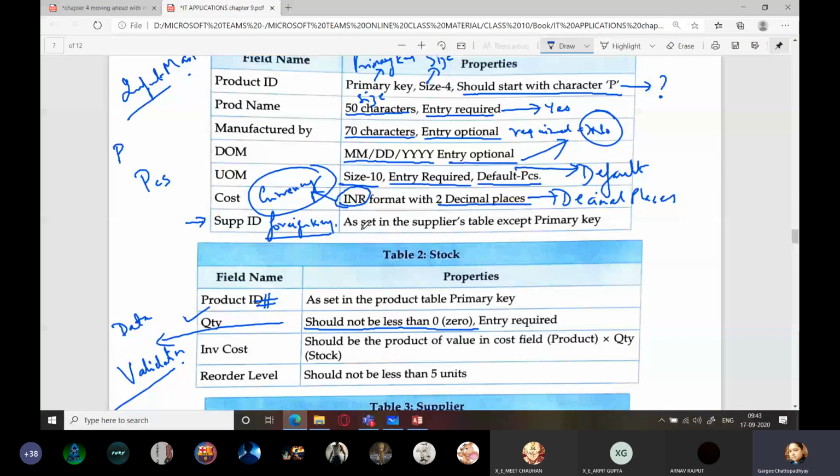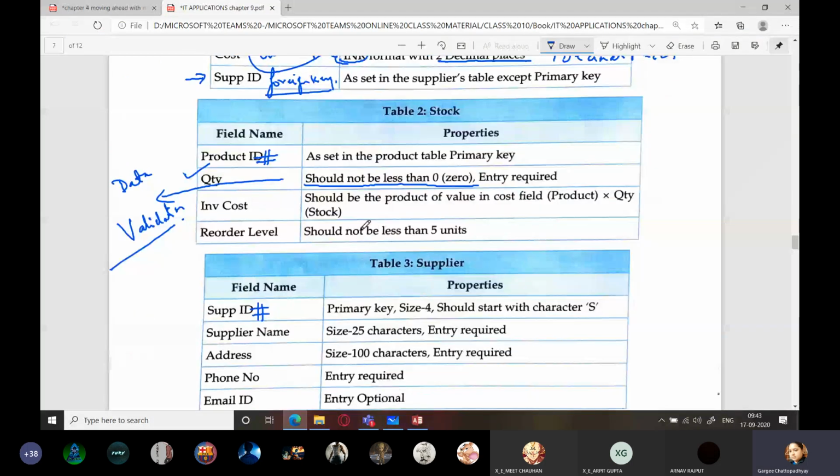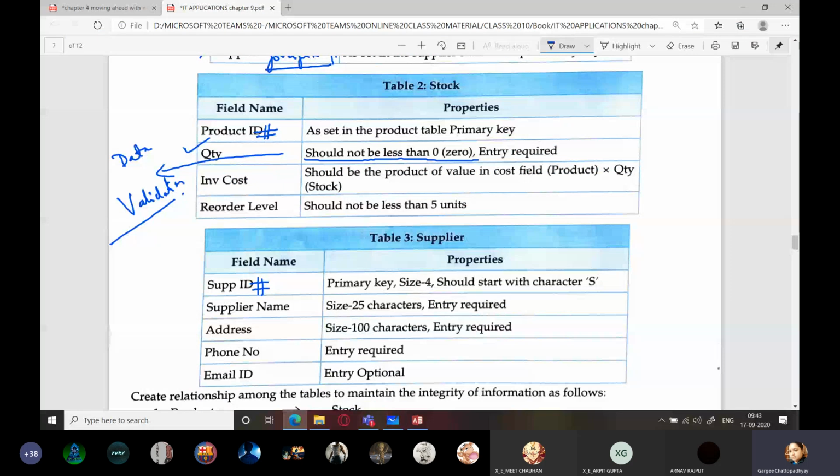One thing, students, I'll find out and tell you whether we can include a calculated field by taking values from more than one table or not. Give me some time. After the class, I will check that and notify in the group. So we will try to achieve this using a calculated field. Right now it will take a lot of time because I have to complete the product table and the stock table. So this one I'm skipping for the time being. Today only I'll give you the answer for that.